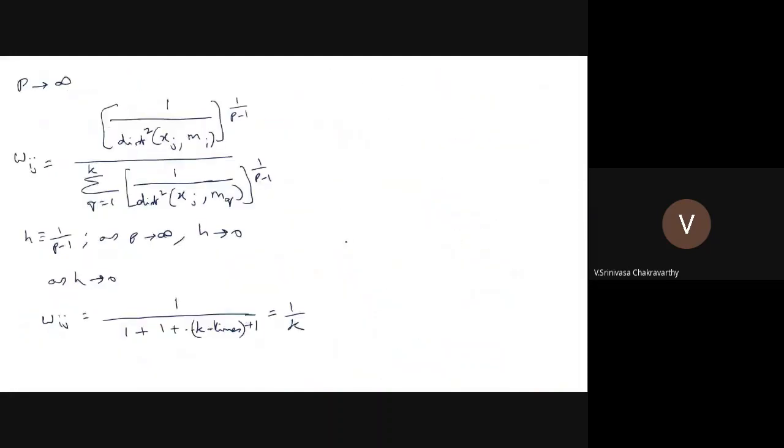So a given data point xj belongs to all clusters with equal weightage equal to 1/k. That is totally fuzzy,